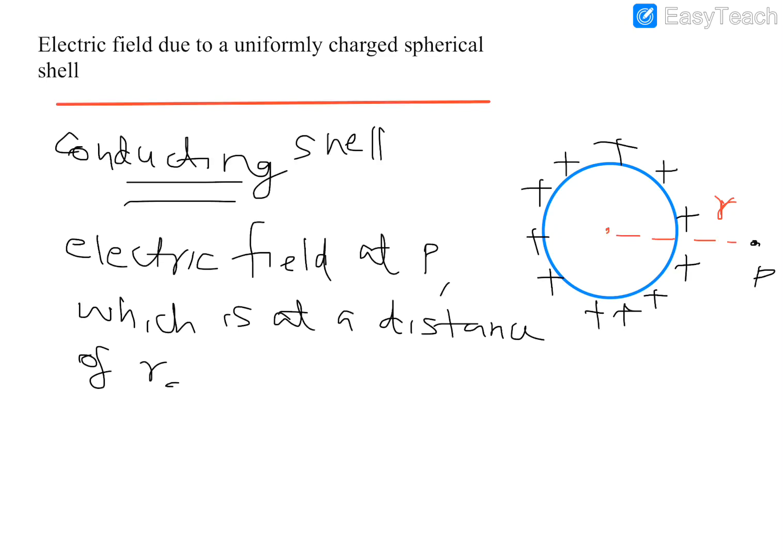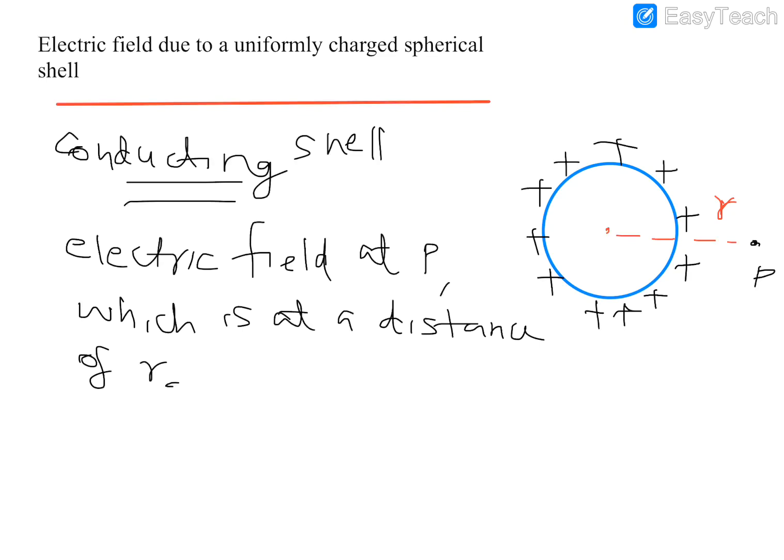Coulomb's law is applicable for point charges. For two charges you need to apply Coulomb's law. If multiple charges are there, you need to apply Coulomb's law again and again, which means for this case it is practically impossible. You can find it, but it will take so many steps. So applying Coulomb's law is not an easy method in this case. Hence we will use Gauss's theorem, by which you can easily find it.